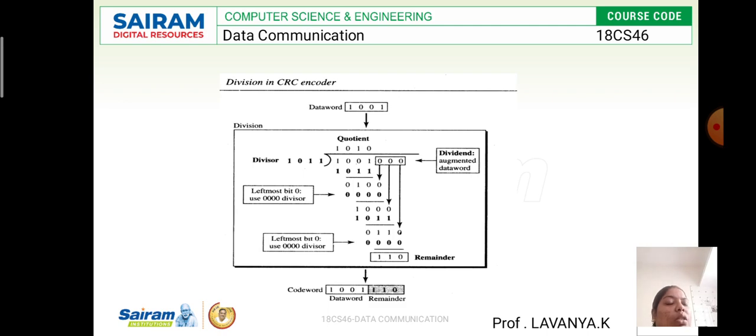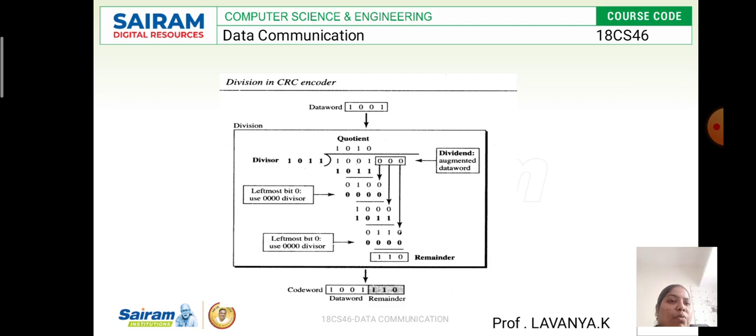So this is the logic. And we are going to add the leftmost bit, which is 0. After that, again we are going to do the divisor operation with 4 bits of zeros. We have to do the logic: 0 0 is 0, 0 0 is 0, 0 1 0 is 1. So again we have to add one more bit, and that second bit will be 0. For that we are going to add the divisor, that is 1 0 1 1. 0 1 is 1, 0 1 is 1, 0 0 is 0, 1 1 is 0, and you have to ignore the last part always.